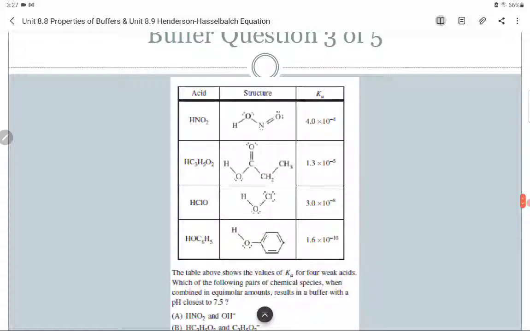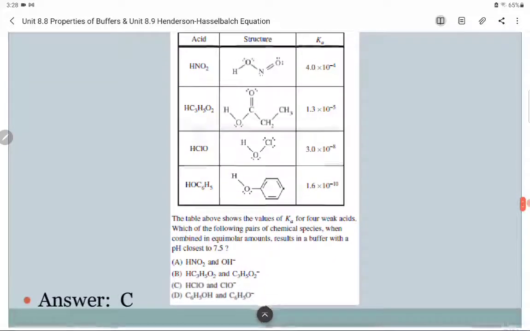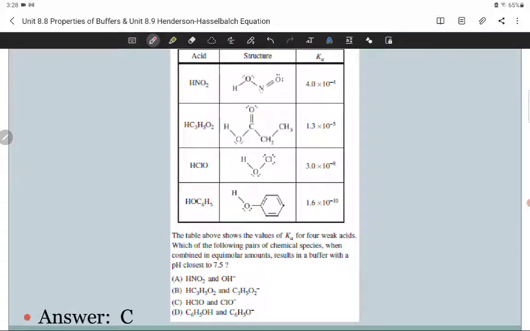The rest of these questions, I think they're all multiple choice. So it looks like we have 4 different acids here. They have 4 different Ka values. And it said, which of the following pairs of chemical species, when combined in equimolar amounts, results in a buffer with a pH closest to 7.5? So basically what we just did, but now